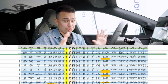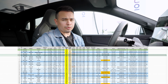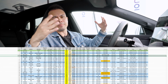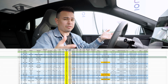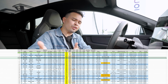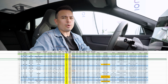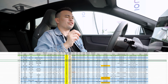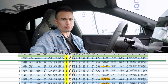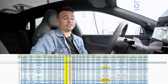Which really shows you, first off, good range for this car. I mean, not the lowest consumption, but this car also is a bit of a weird shape, a bit of a big size, and even though this is the rear-wheel drive version, the car with the small wheels is still on 20-inch wheels, wide tires. So it was never going to be the most efficient electric car, but that big battery pack actually gives this car really good real-world range,